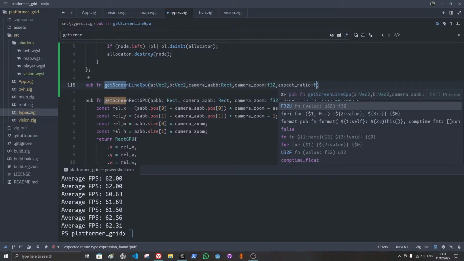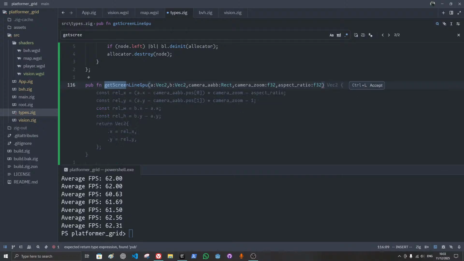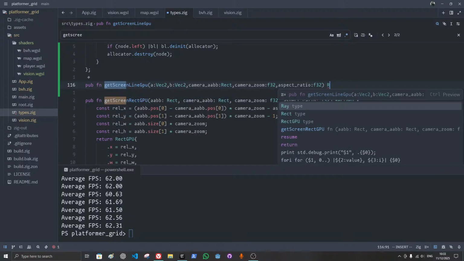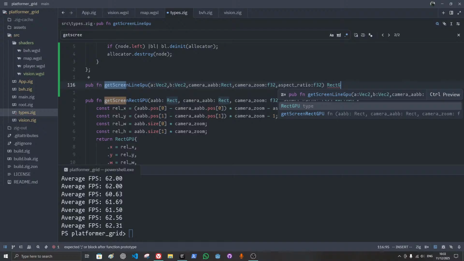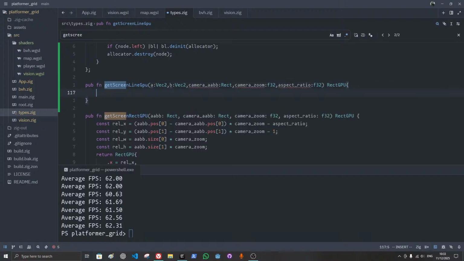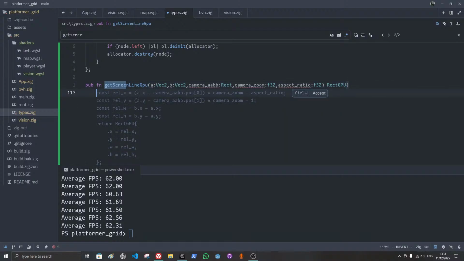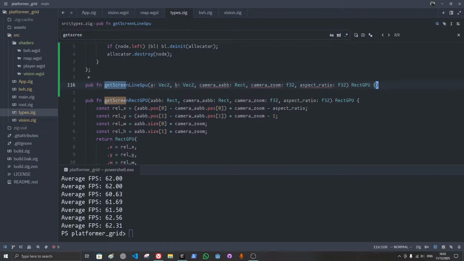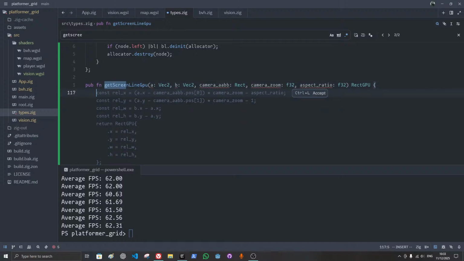Aspect ratio is also f32. What it does return is direct GPU. Okay. Which means that